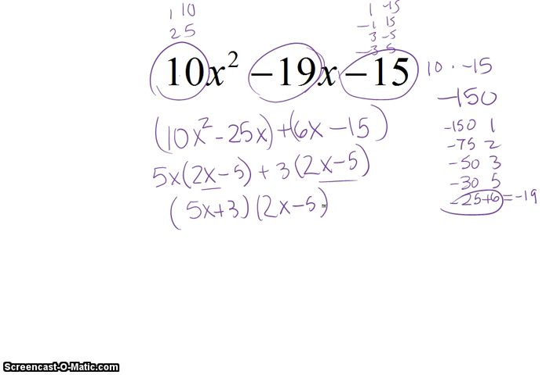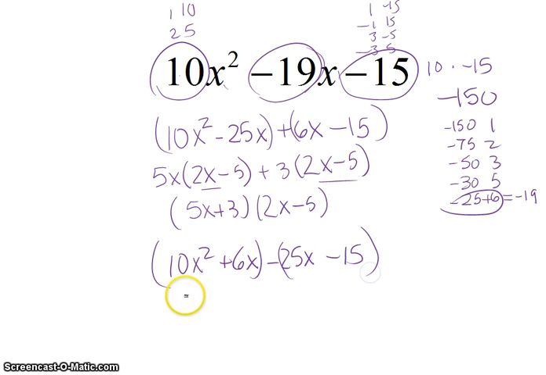Now you might ask, Mrs. Walsh, why did you do negative 25x plus 6x instead of 6x minus 25x? Well, let's try. If I do 10x squared plus 6x minus 25x minus 15, that means the same as this, so it should work, right? Well, let's try. In this case, the largest factor I can factor out is 2x, and I'm left with inside